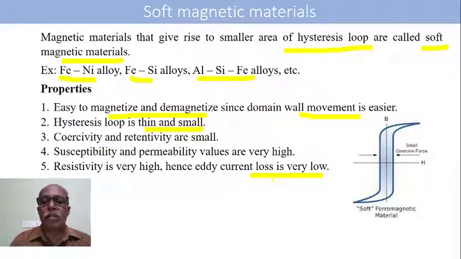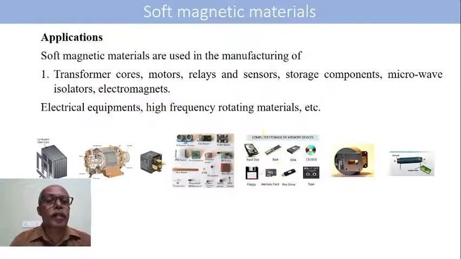Because of high resistivity, the loss of eddy currents is very low. Because of this low eddy current loss, it will have applications in transformers. And these are the applications of soft magnetic materials. They are used in the manufacturing of transformers, transformer cores, motors, relay switches, sensors. We have different types of sensors. They are used in the storage components. They are used in the microwave isolators,